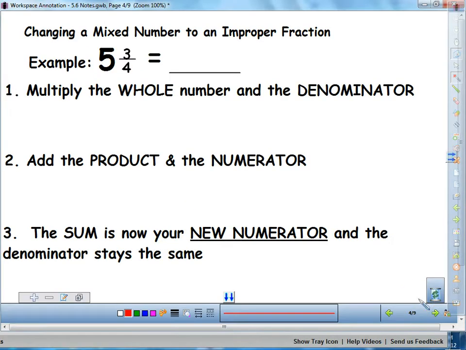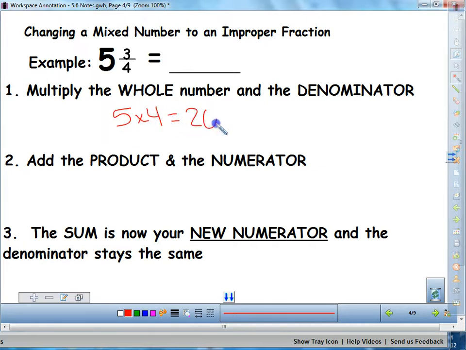Let's keep moving on. So how do we go ahead and change a mixed number to an improper fraction? So for example, we've got 5 3/4, so that is a mixed number. I've got a whole number and a fraction. How do I go ahead and change that to an improper fraction? Well, here are my steps. The first thing I want to do is multiply this whole number times the denominator. Remember, the denominator is the bottom number. So I'm going to take 5 times 4